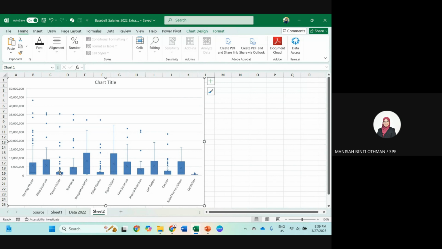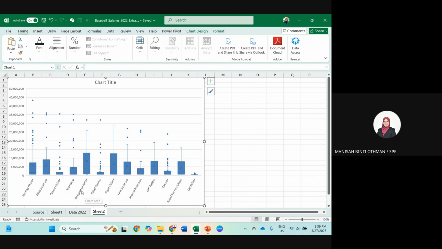The average salary for the lowest is relief pitcher and outfielder. So you can understand your data, who gets higher salary. The position that has more outliers means that the very good players get a higher salary. If you are a center fielder, then there are more outliers.